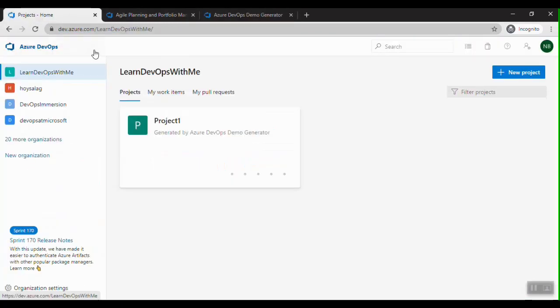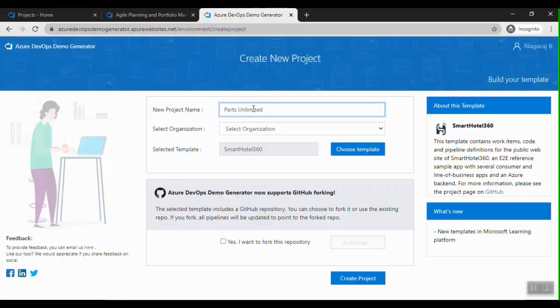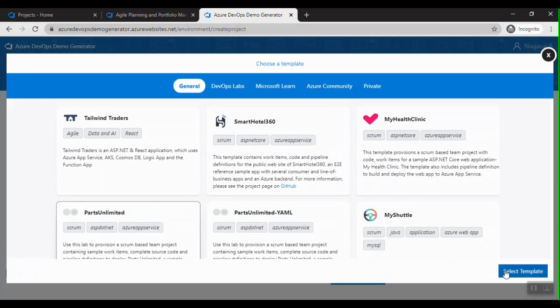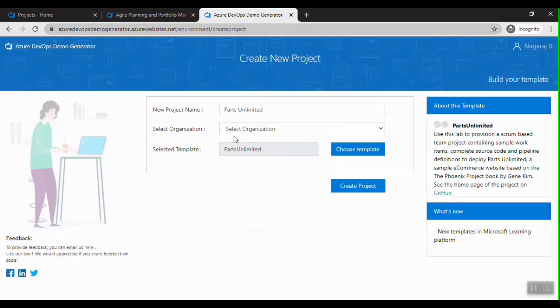And by the way, this is my DevOps account, or the DevOps organization. I'm going to create the team project called Parts Unlimited, and I'm going to choose the template as Parts Unlimited here. The template is not a process template.